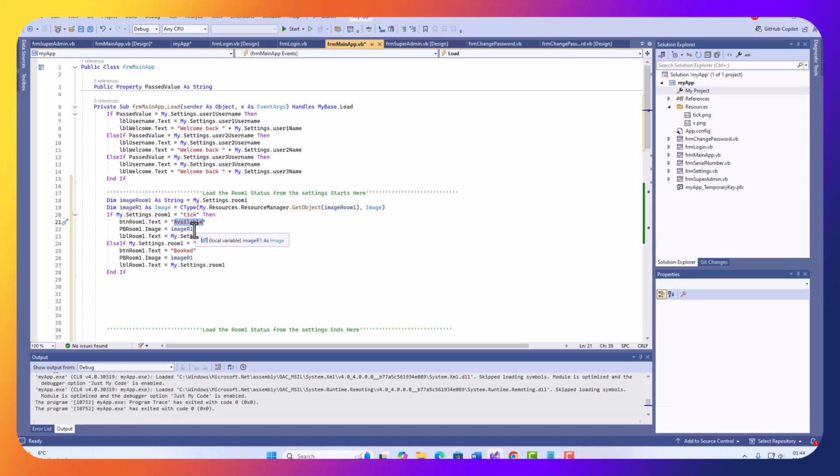Also, we want the correct picture to show, which is the tick box, and we also want the label to show the status, which is basically in this case says tick. Else, if the status on the settings is x, then we want the room1 to show as booked. We show the appropriate picture, which is the x, and then the label basically will display the x. Let's save this, and if we run that,